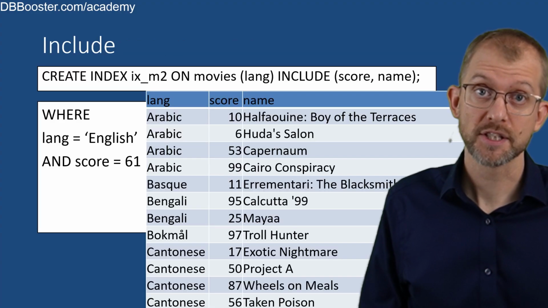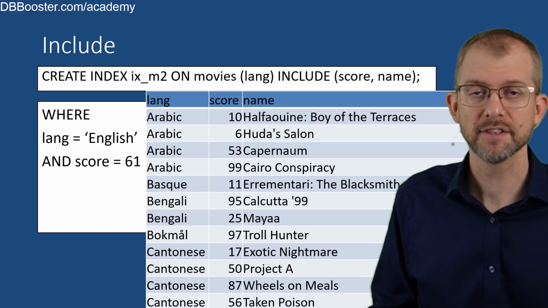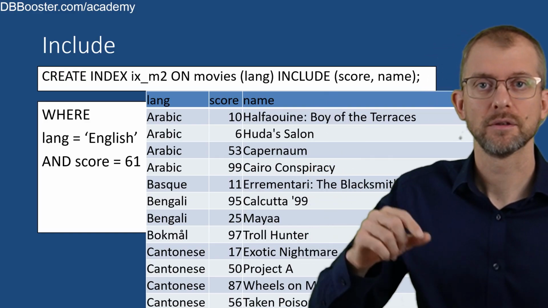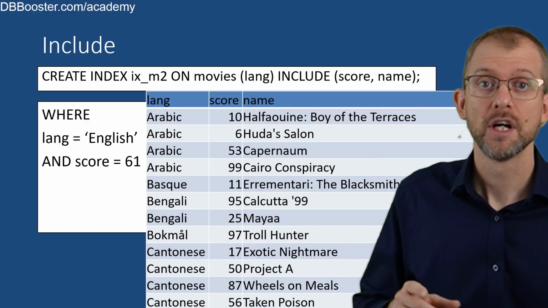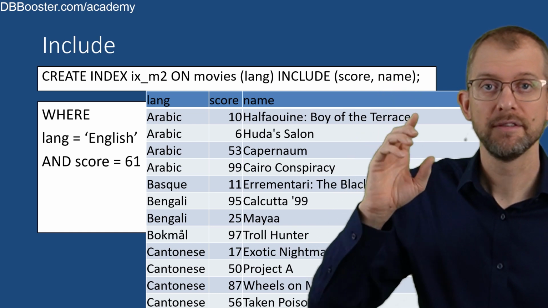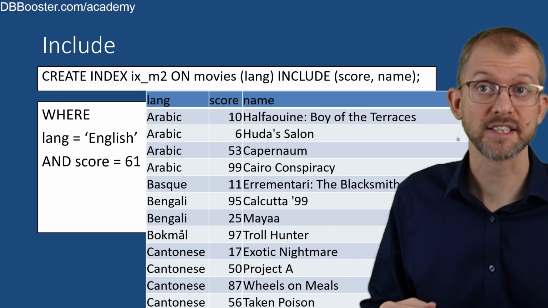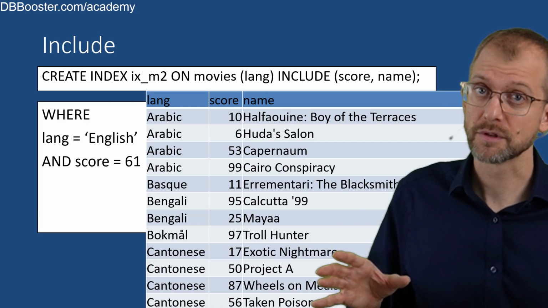A similar trap is when you have the right order of columns in the index, but some of them are in the include part of the index. Let's assume an index on language with score and name in the include section. If the condition is language equals English and score equals 61, the index range scan can be used because language